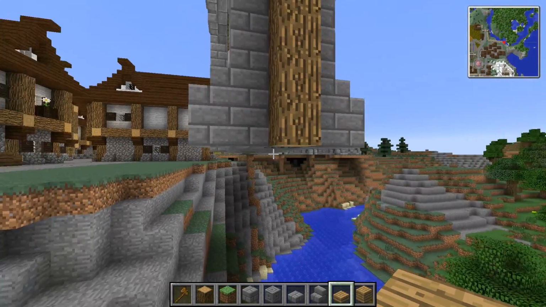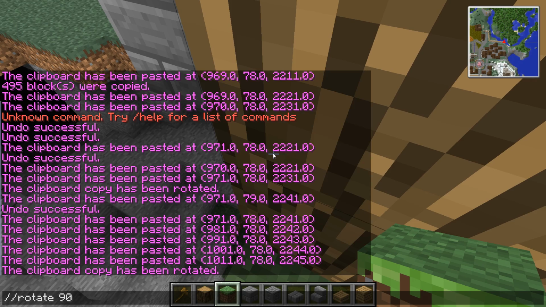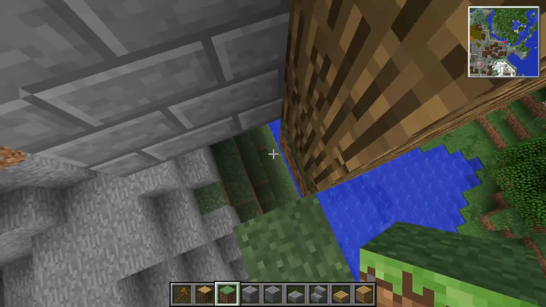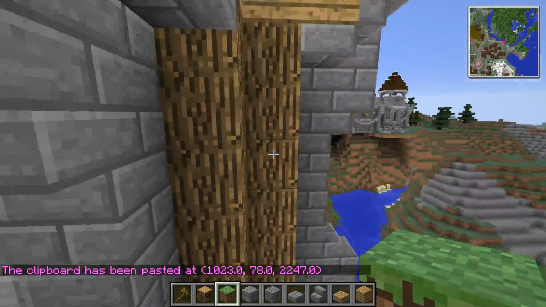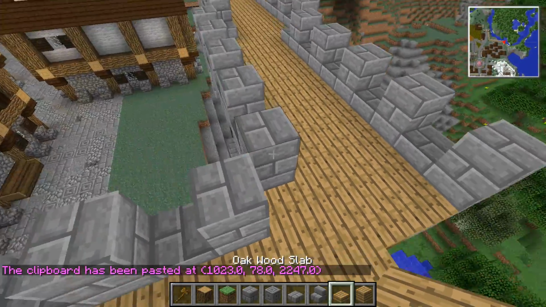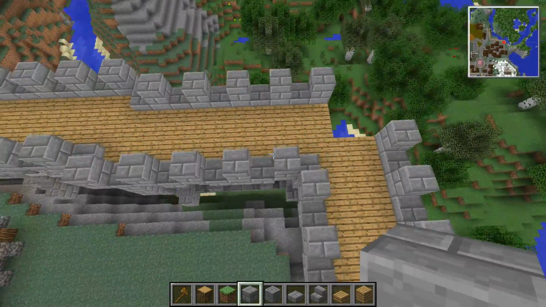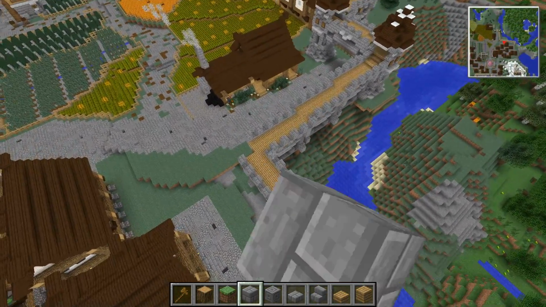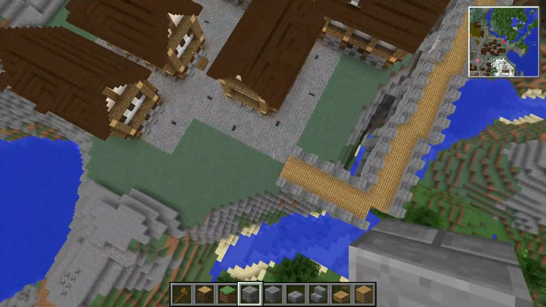Oh, grass there. Okay, so if I was here, I can't remember, do I paste it there or do I paste it here? No, I paste it here, don't I? Paste. Yeah, so that's the outside. You take that away. Yeah, so it's exactly the same corner as that one. Cool. And then...